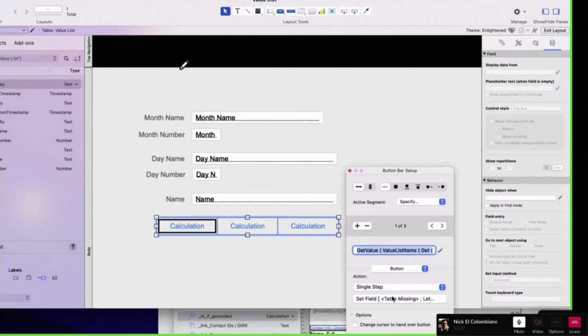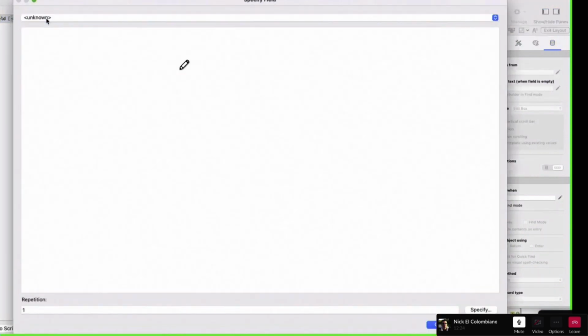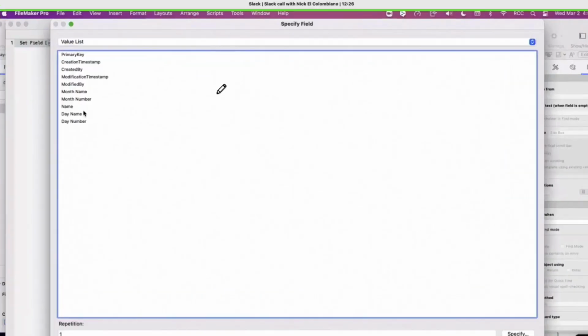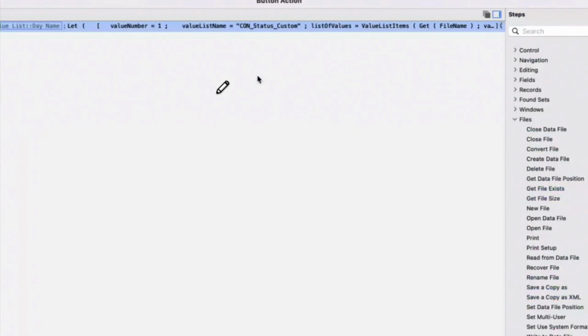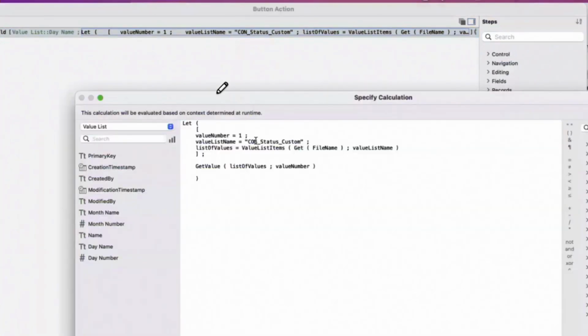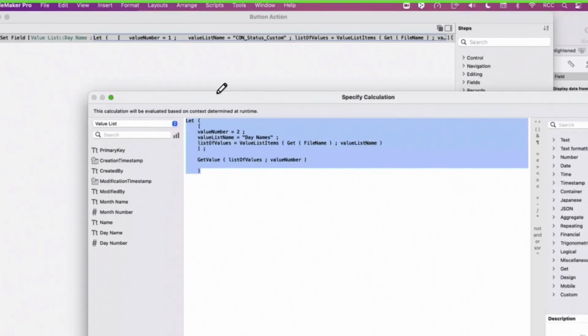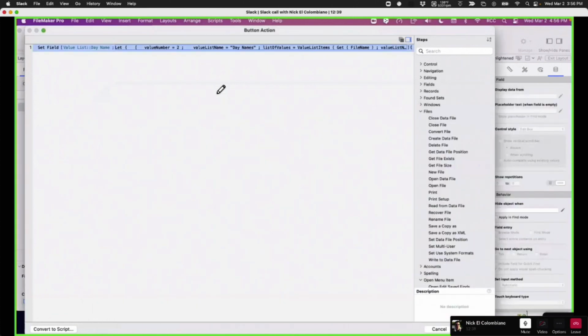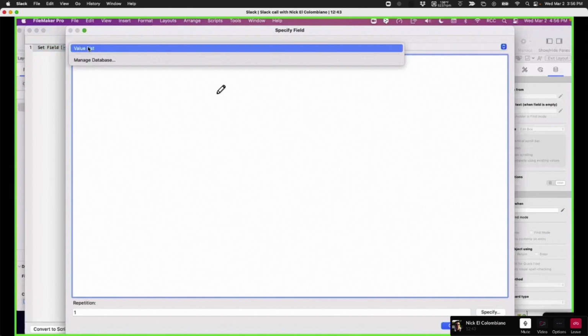Now I want to set a field. Look, set a field. I want the day name, and I changed the name on this. I said, I want the second. I copy this calculation and look what I'm doing. In no time, you set the field. Boom.